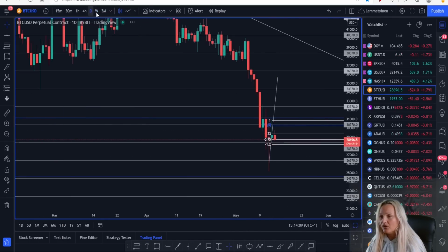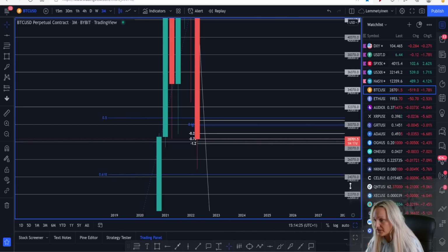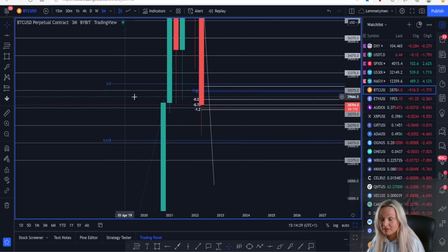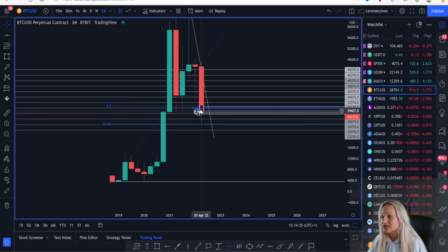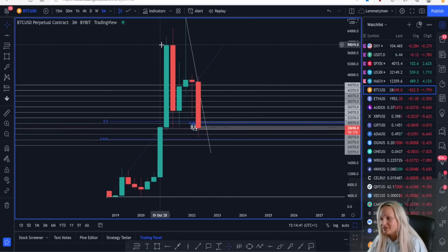the downside. On the lower time frames, we can definitely see the market giving us some pullback, but overall I do believe that we will continue back down. But on the 3-monthly chart, the first target that I still look at is 24,370. This is also combined with the 3-month Fibonacci, where I do expect the market to first come back down, and then we just might slowly start to see, in a couple of months or so, the market actually slowly start to break to the upside, because after the market has been doing such a huge pullback